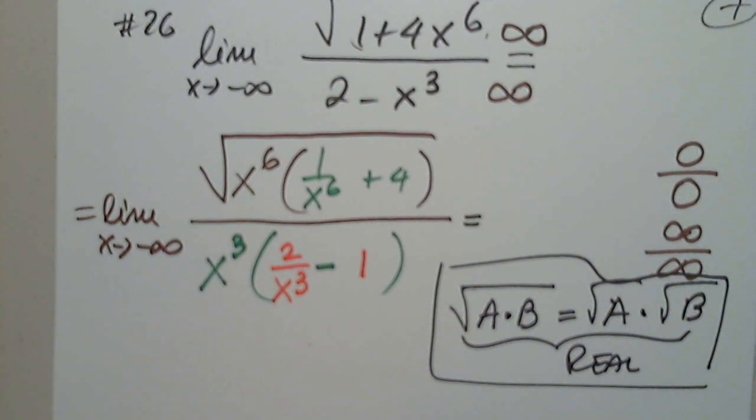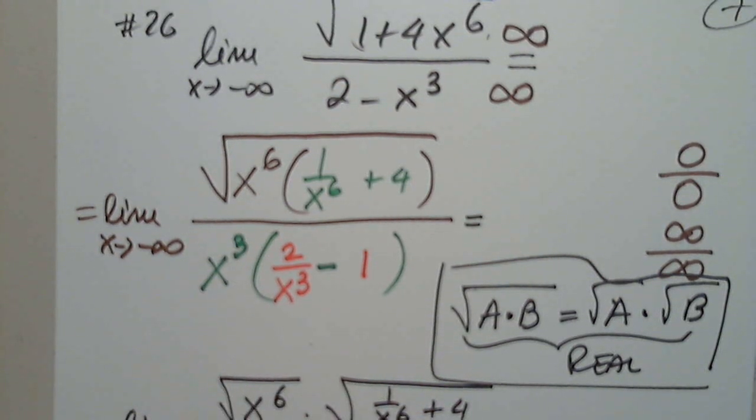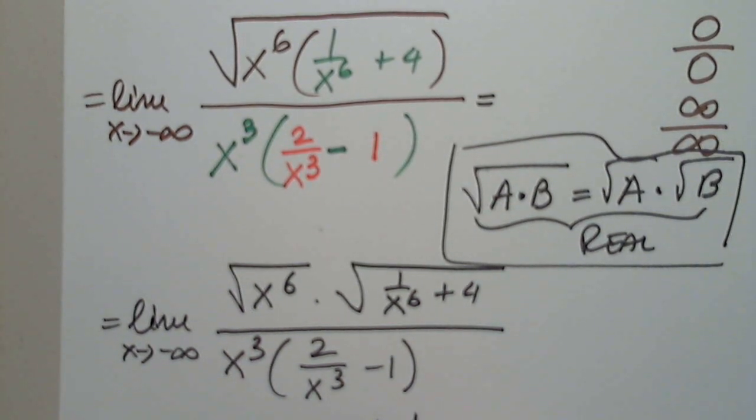A very important property. So limit as x approaches negative infinity, the square root of x to the sixth times the square root of 1 over x to the sixth plus 4, everything divided by x to the third, 2 over x to the third minus 1. Okay, now, the square root of x to the sixth when x approaches negative infinity. Don't say anything, please, just yet. You remember that the absolute value of x,